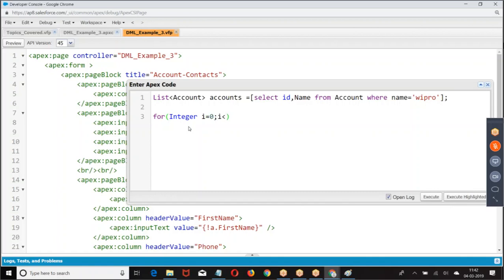for i equal to 0, i less than the row size, i plus plus. Then I am saying merge accounts of 0, accounts of i.